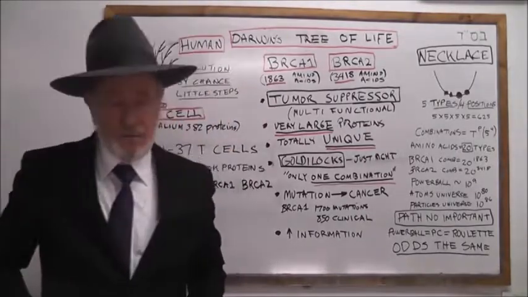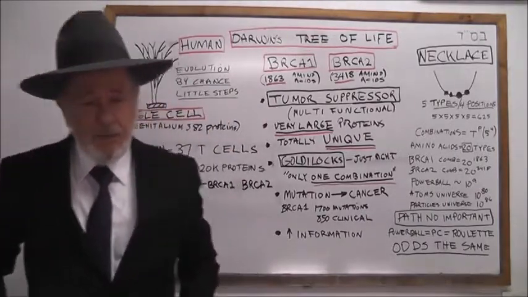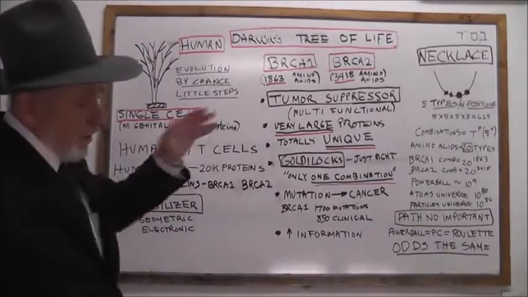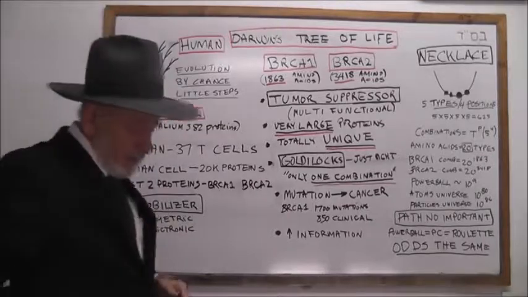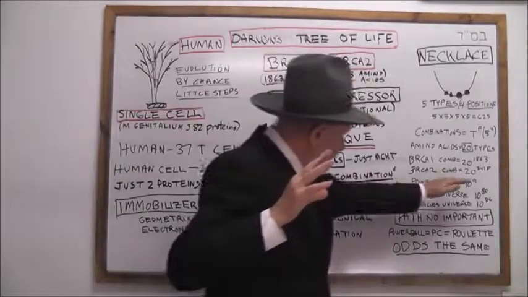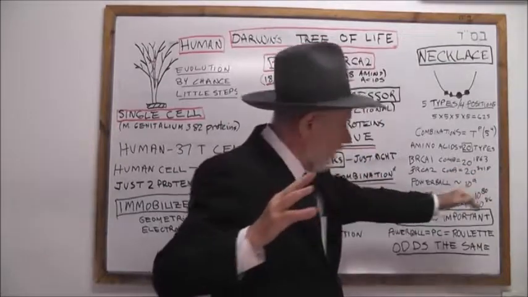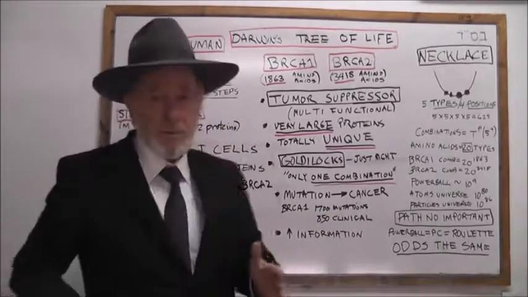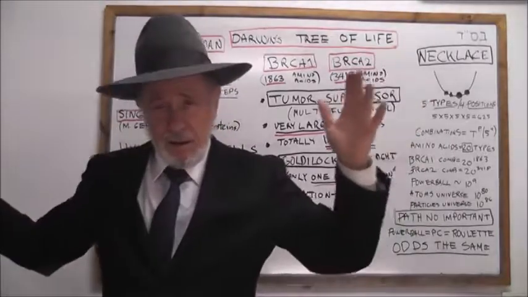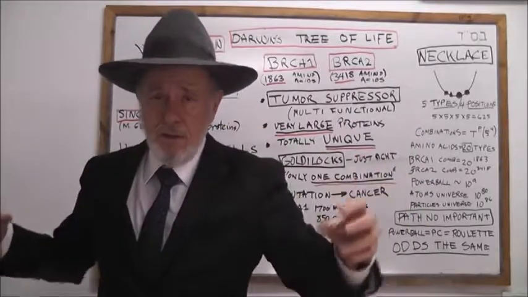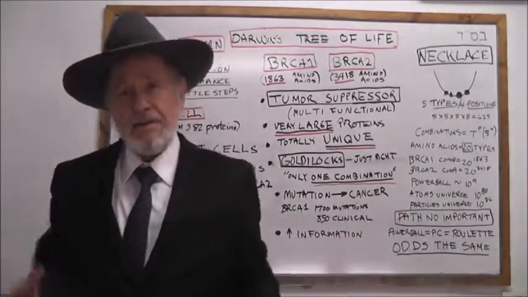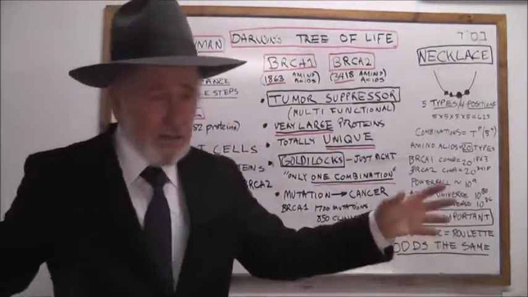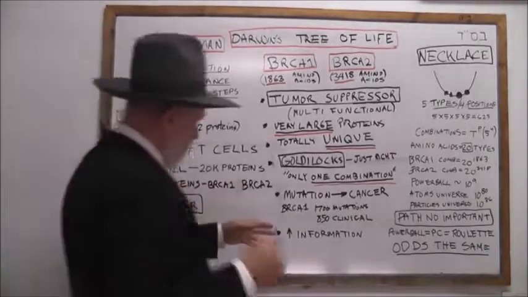Even smaller proteins, like the average protein in a single cell, which is about 280 amino acids long, also has 280 zeros compared to the 80 zeros of total atoms in the universe. Also impossible. And also, if you take the largest protein in the body, titin, a protein used in human muscle, this protein has 34,000 amino acids. They all have to be strung together in the proper way to make them effective.